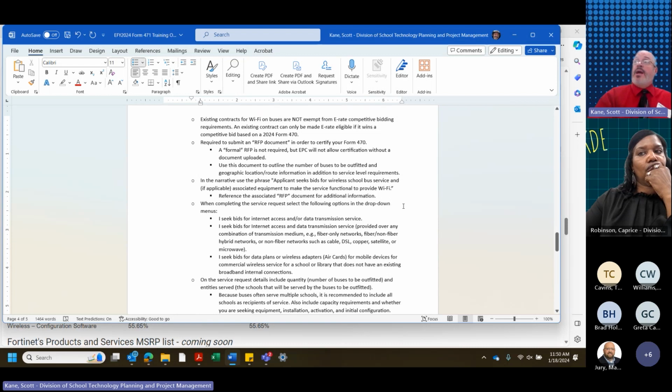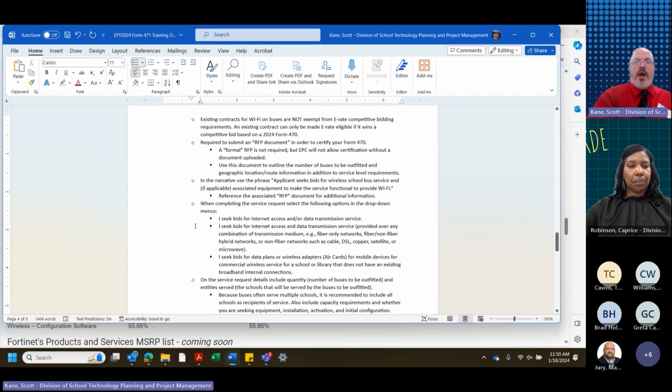Make sure that if you are asking for bus Wi-Fi service, you use that phrase in your narrative. That's going to make it clear that the funding request you're asking for is related to bus Wi-Fi specifically. That's really just to point it out to USAC's reviewers so that they understand, oh, this is about bus Wi-Fi, and they can move forward.